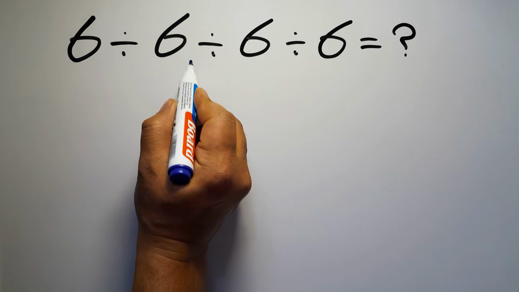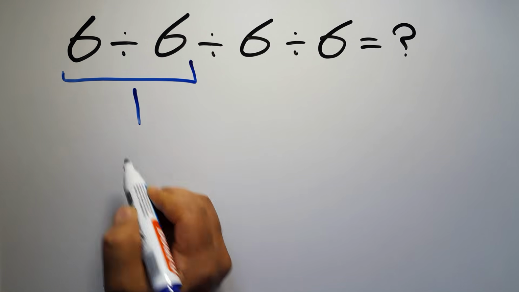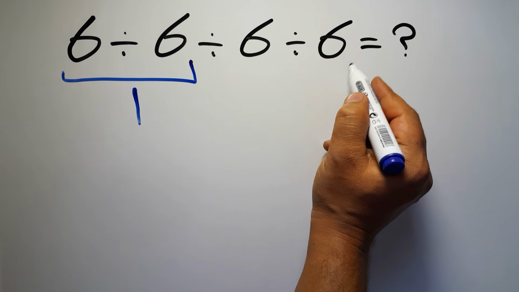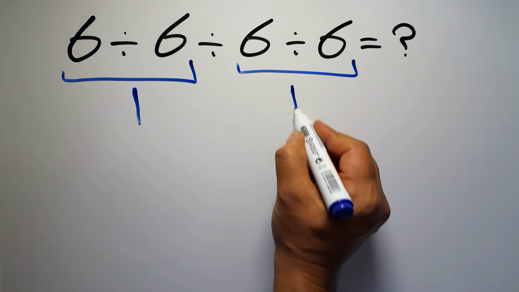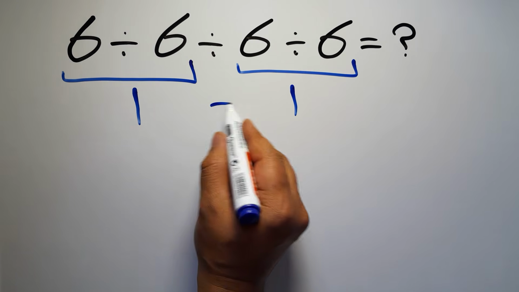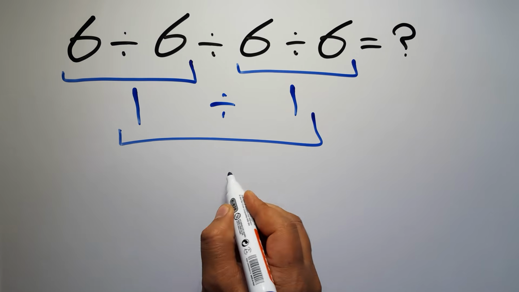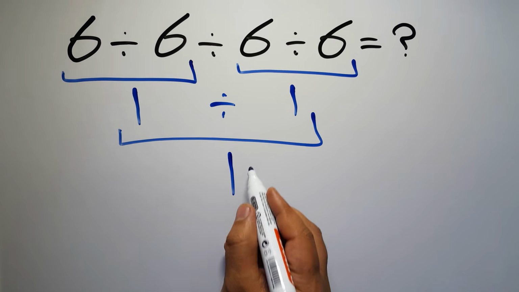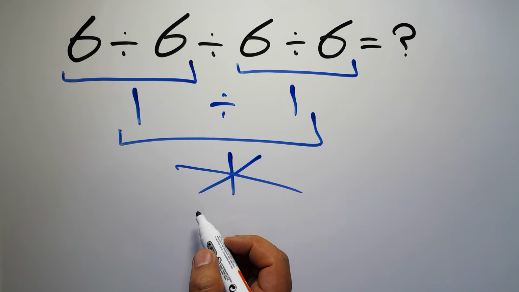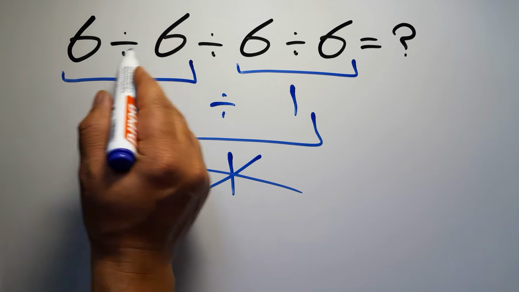6 divided by 6 equals 1. And again here we have 6 divided by 6. So 1 divided by 1 is just 1. But this answer is not correct, because according to the order of operations, when we have more than one division